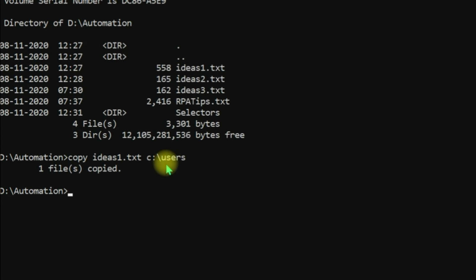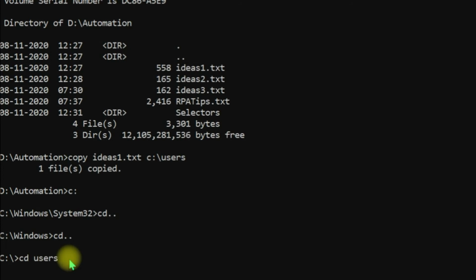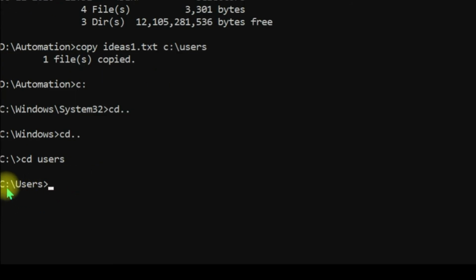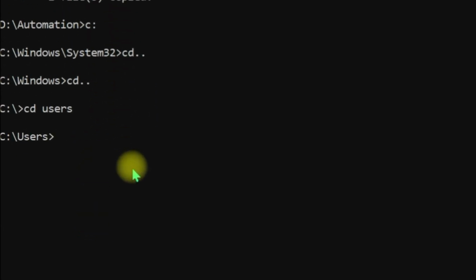What to do? First we need to navigate to C drive. So I will change the path to C drive. Now our drive is changed. Actually we want to check in the users folder. Now I want to go one folder up, cd double dot, again one folder up, cd double dot. Now in C drive, we want to go to the users folder, correct? Change directory, users, enter. Now we are in the correct path, C:\users. Now we need to check whether our file is actually present in this folder. We need to use the command dir, enter.